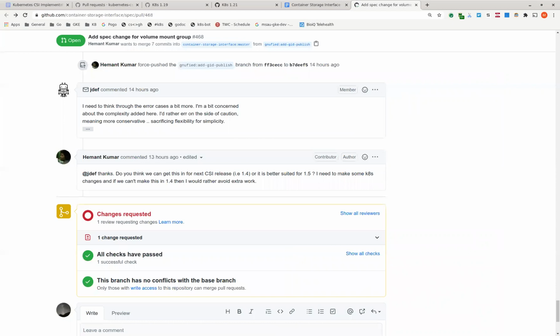Mm-hmm. I guess if you look at a plugin that doesn't support node stage, then theoretically they should be able to do different mount groups on node publish. Yeah, it works for CIFS for sure. You can mount the same volume multiple times on the same node with different mount groups.